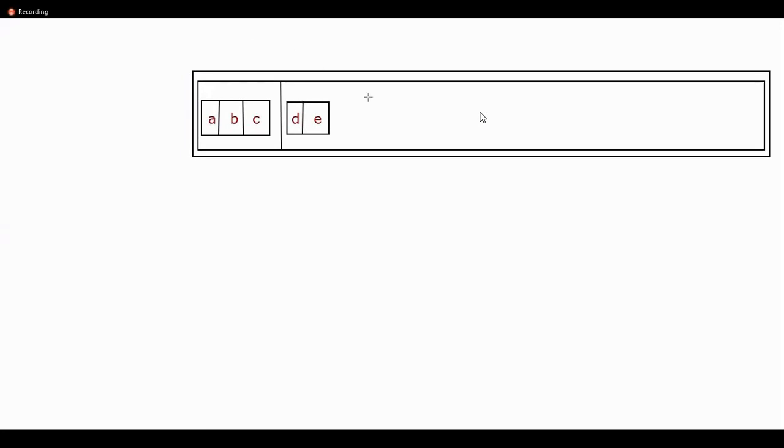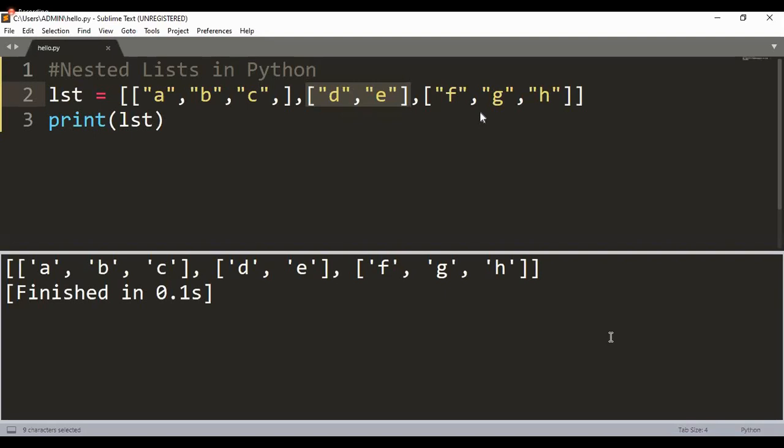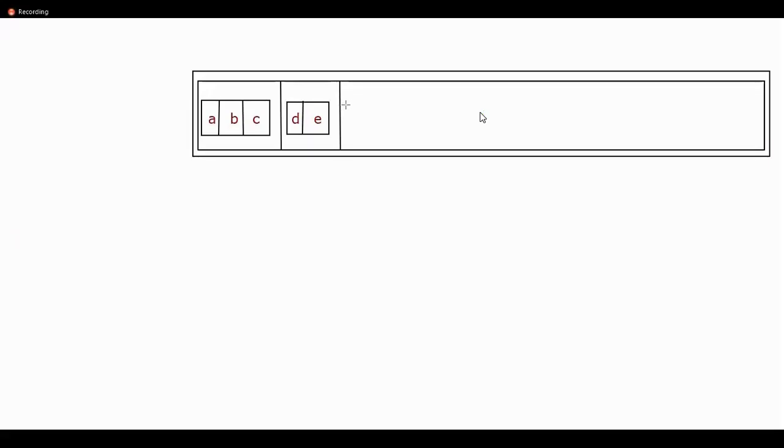Next what, sir? Next, the 0th index element and the first index element of the outermost list have been taken care of. I should proceed with the second indexed element. Let us see what is the list we have in the second index. It is a list which in this case contains 3 string values, F, G, and H. So let us complete the diagram for the same. Again, the outermost list is containing another list. That is in fact the reason why this is called a nested list.